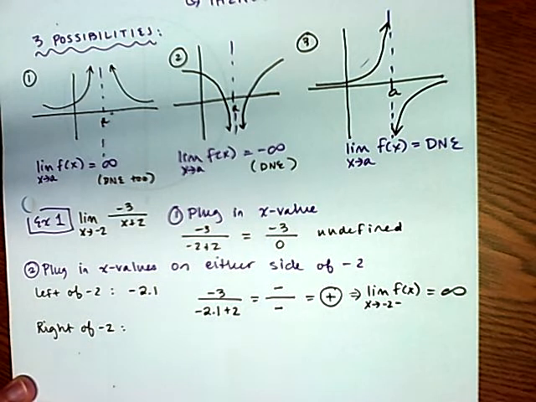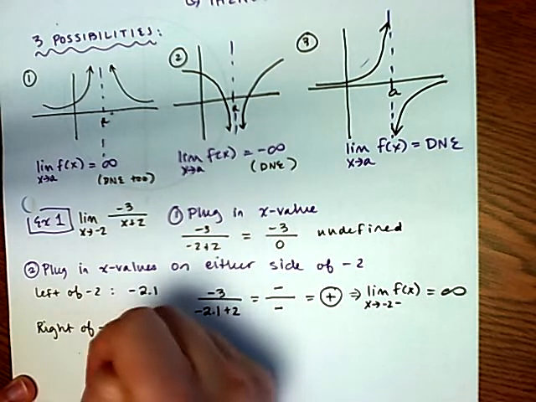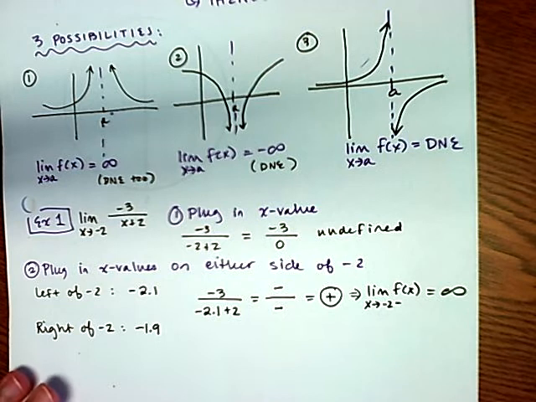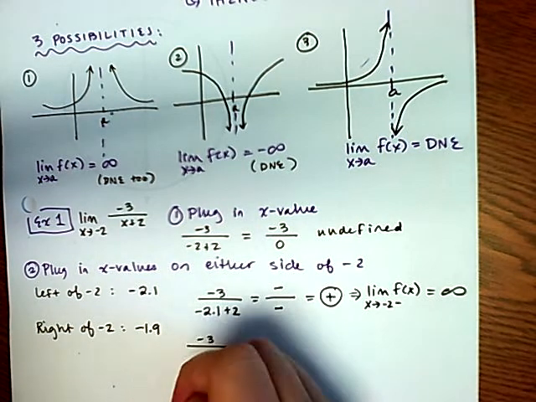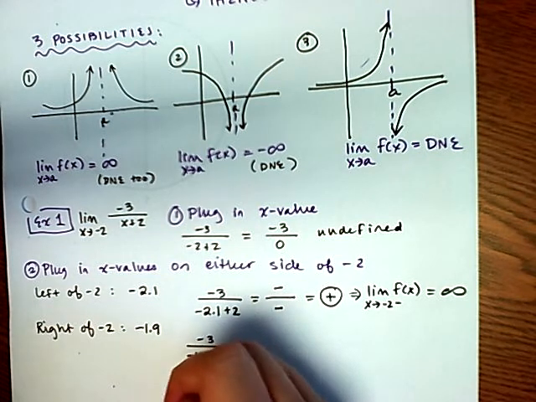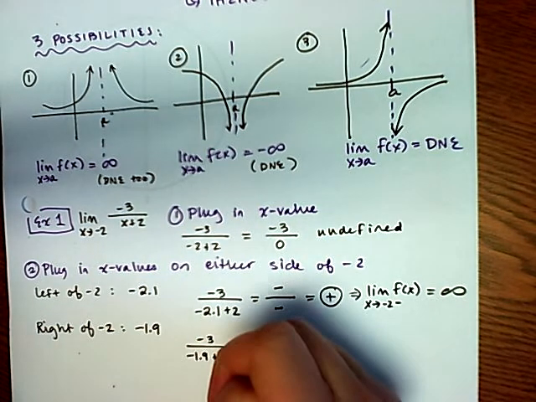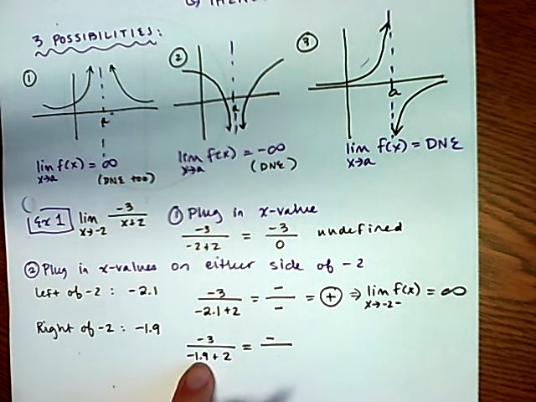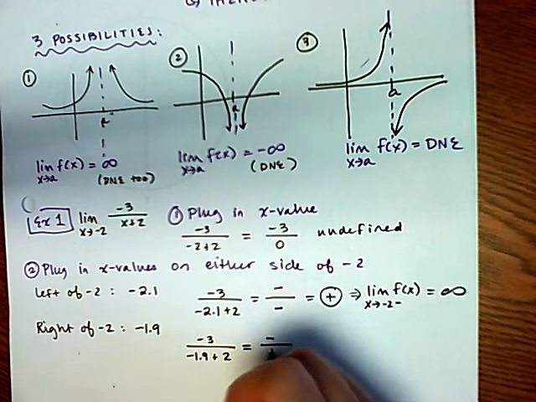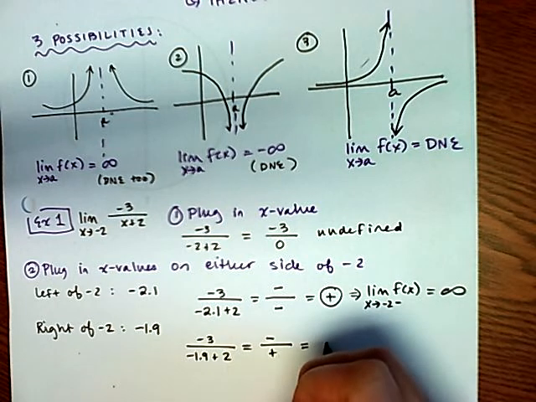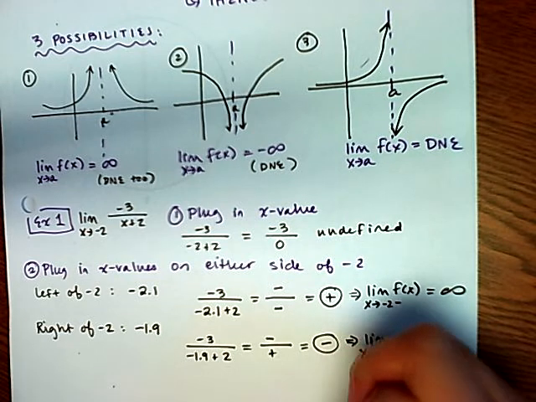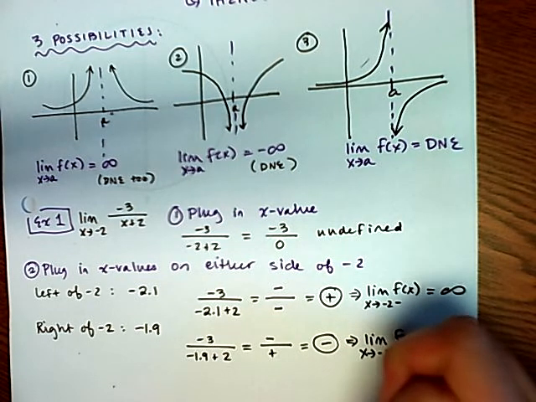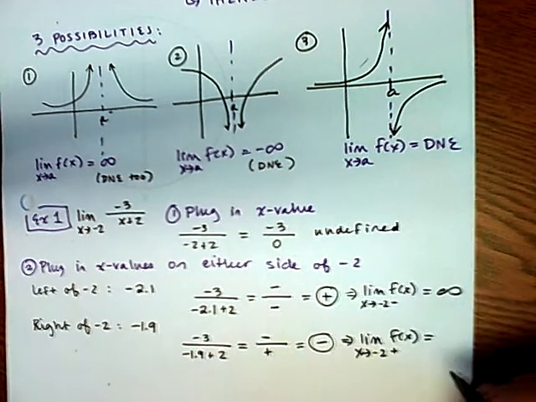So what's a number to the right of -2? -1.9. I just went a tenth over the other way. Now what happens when I plug in? I get -3 over -1.9 plus 2. My top is still negative. The bottom part is -1.9 plus 2, I know that's going to be a positive thing. And now I have negative divided by positive, which will be negative. So my conclusion would be that the limit as x approaches -2 from the positive side is equal to negative